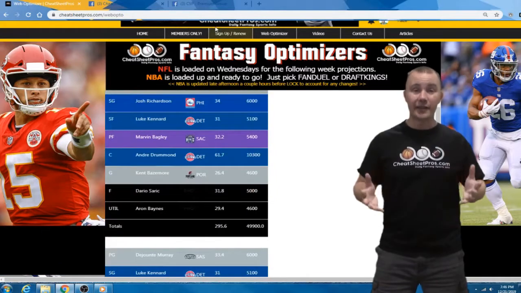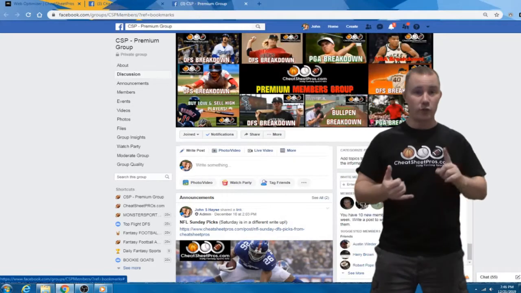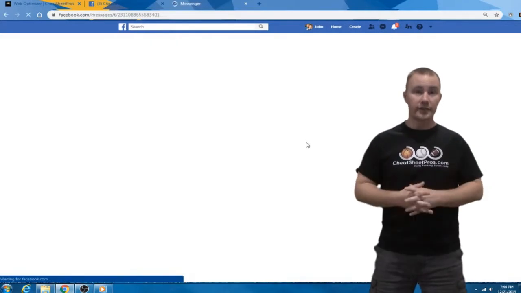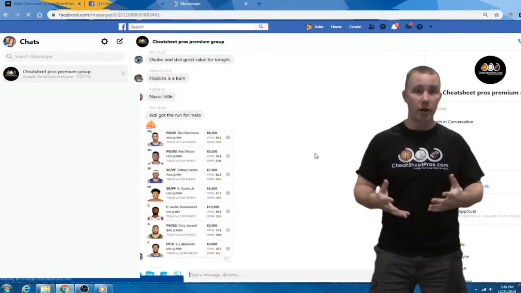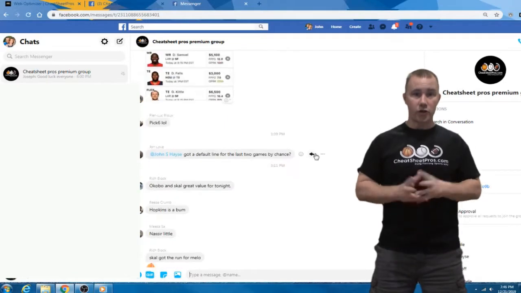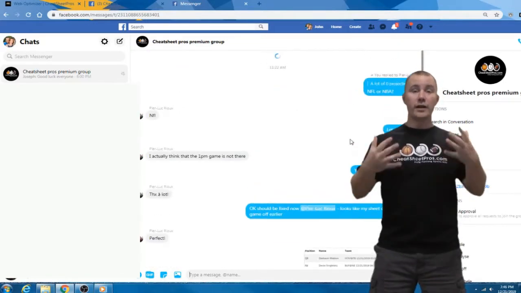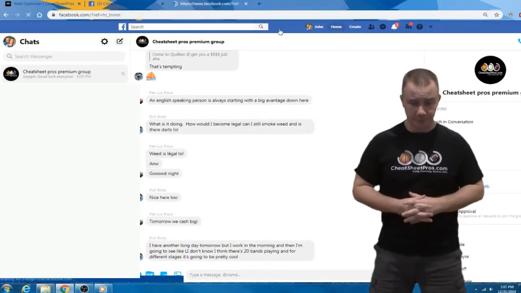Right now it's very inexpensive to do, and we take all of that money and we dump it back into the website, the optimizer. We hire programmers to work on stuff and add stuff. Just this last week we had a member who wanted to add a search bar to our web optimizer. So we ended up getting that done. It took him about a week to get it kinked out. But whatever you guys want, that's something we look at to see if it's viable to go ahead and add.